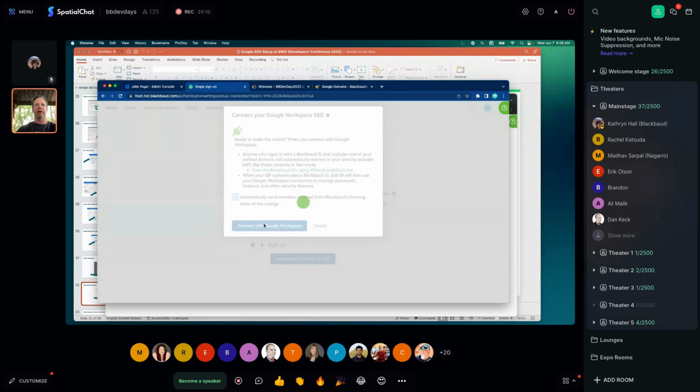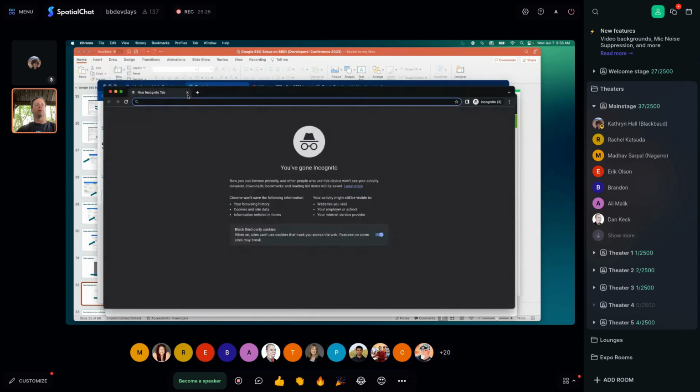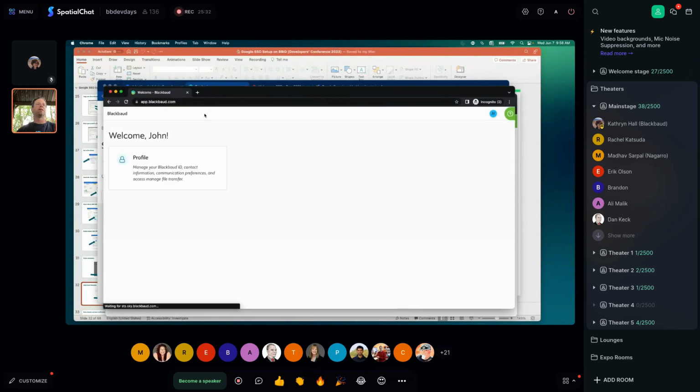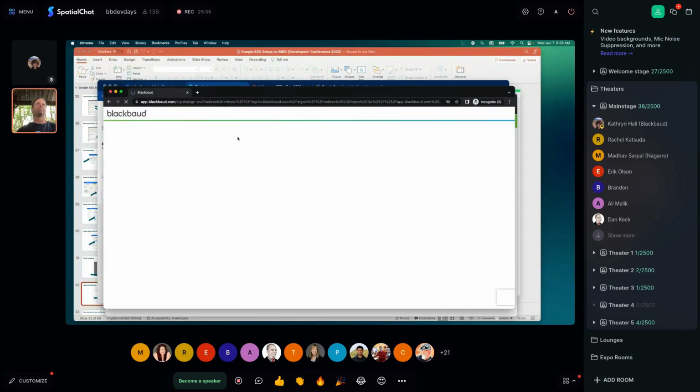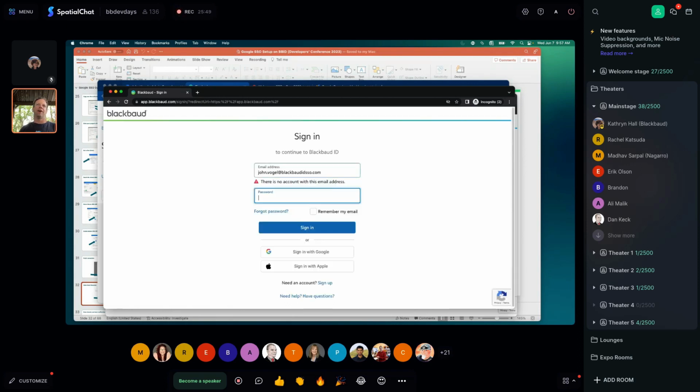So then I just click connect with Google Workspace, and it's going to do its thing, and then you have a full connection. And now anybody that's signing in with that SSO or with that claim domain from the regular login window. So if I go to app.blackbaud.com again here. Oh, I didn't sign out. Just from the main home screen here, or the regular sign-in page, excuse me. If I do Blackbaud ID SSO.com, as soon as